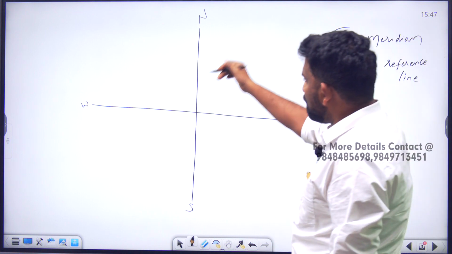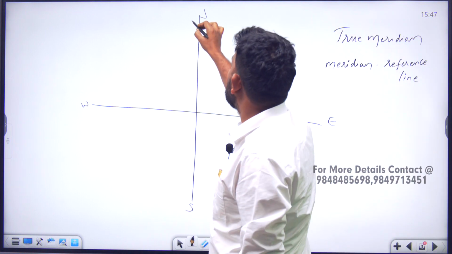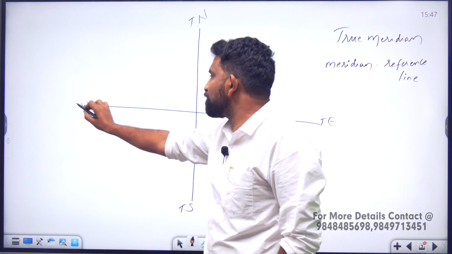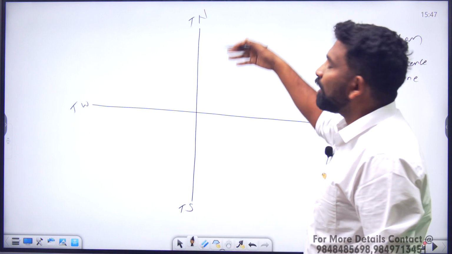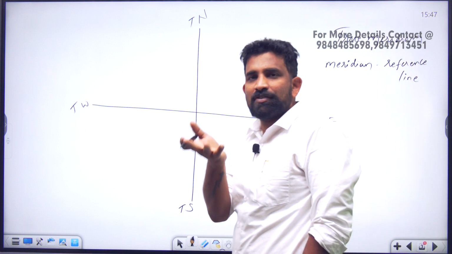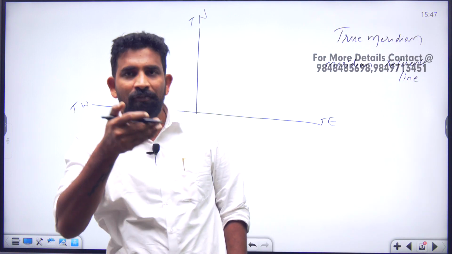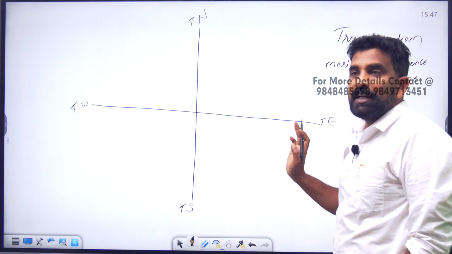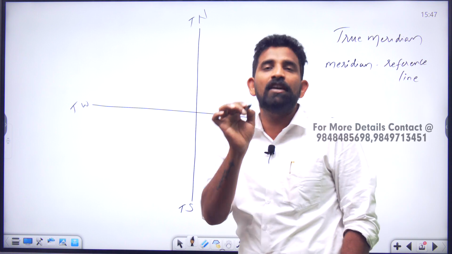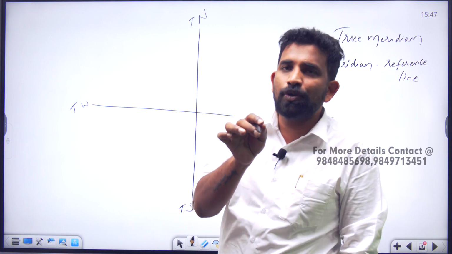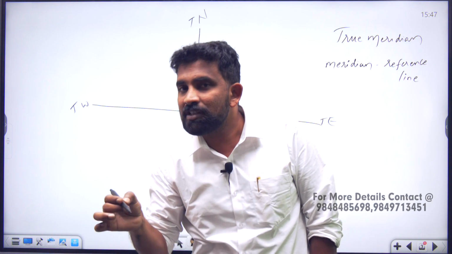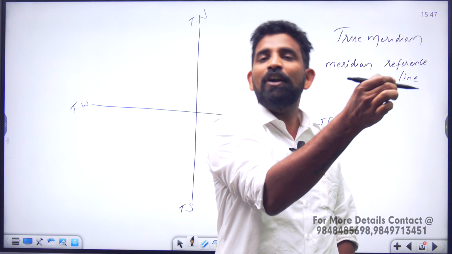Now here you can see the 4 directions which we are going to call true north, true south, true east and true west. Why? Because they are geographically placed in those directions, whereas the magnetic compass, or the surveyor's compass, prismatic compass, whatever compass we have taken, won't show these kinds of directions. It will be showing some other north. What is that other north? The north that is shown by the magnetic needle. And what does this magnetic needle show? This magnetic needle shows the magnetic north. Why? Because this magnetic needle is placed in the magnetic field of the earth.